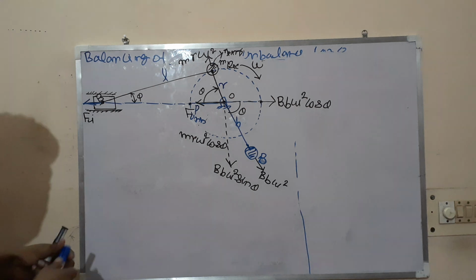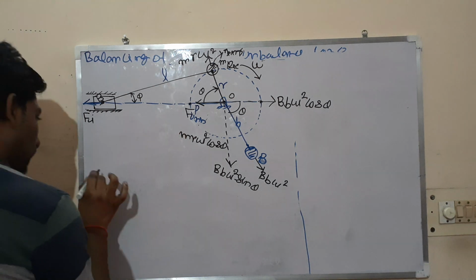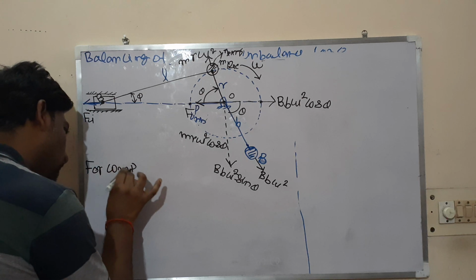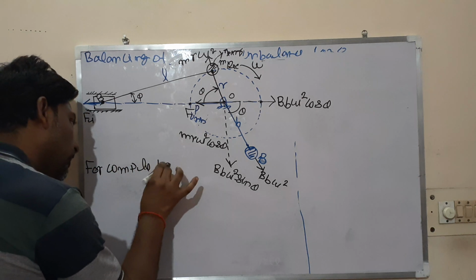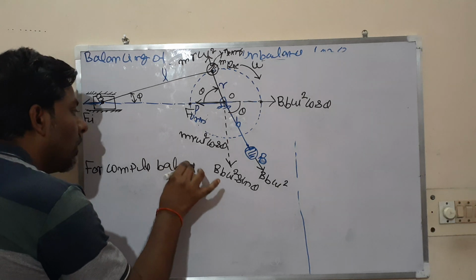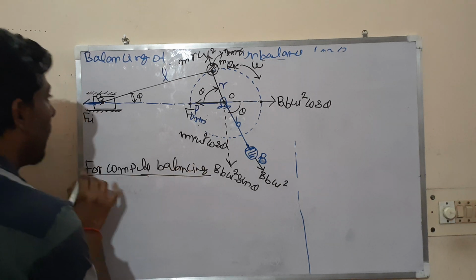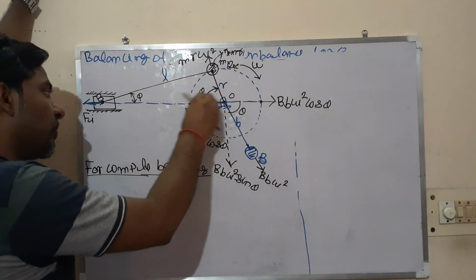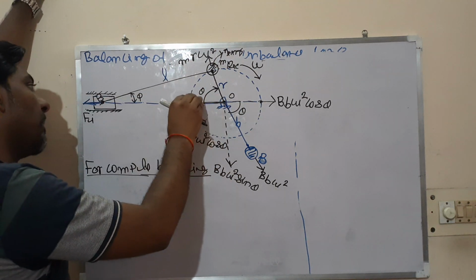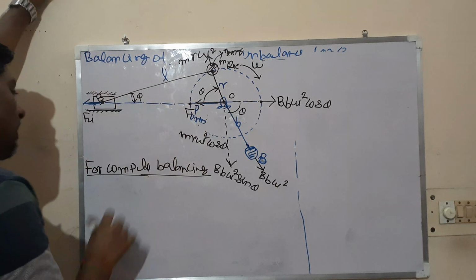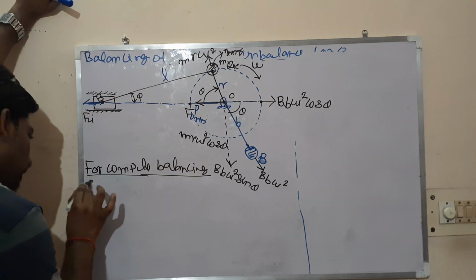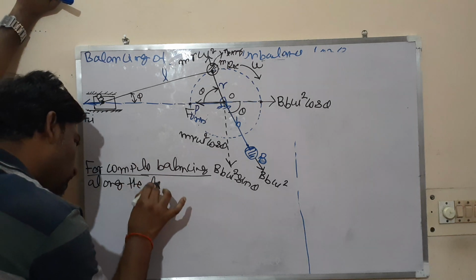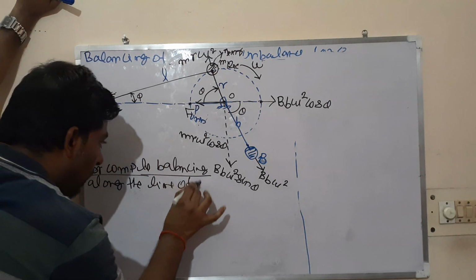So for complete balancing along the line of stroke, the unbalanced force was along the line of stroke, so I am balancing that completely. For complete balancing along the line of stroke,